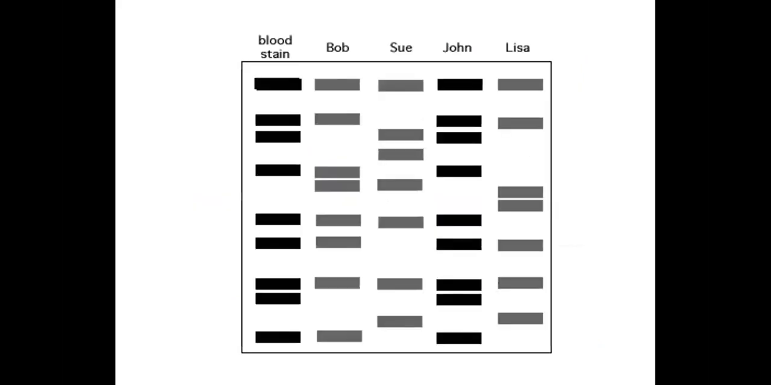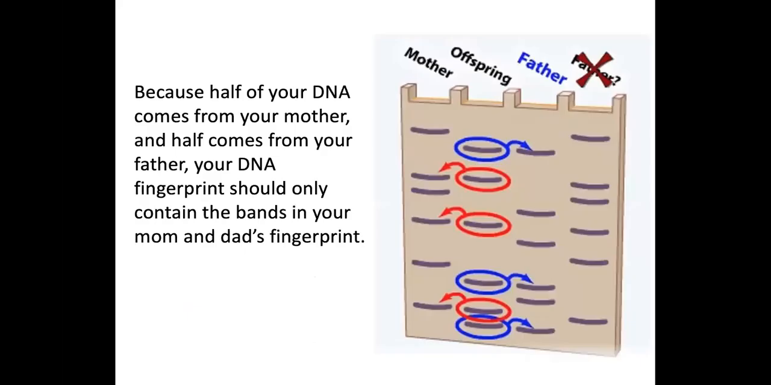All right, looking at the next one. So we got a blood stain. We got Bob, Sue, John, and Lisa. Of course, John always. Okay, John. Now, here's another one. So this looks kind of like